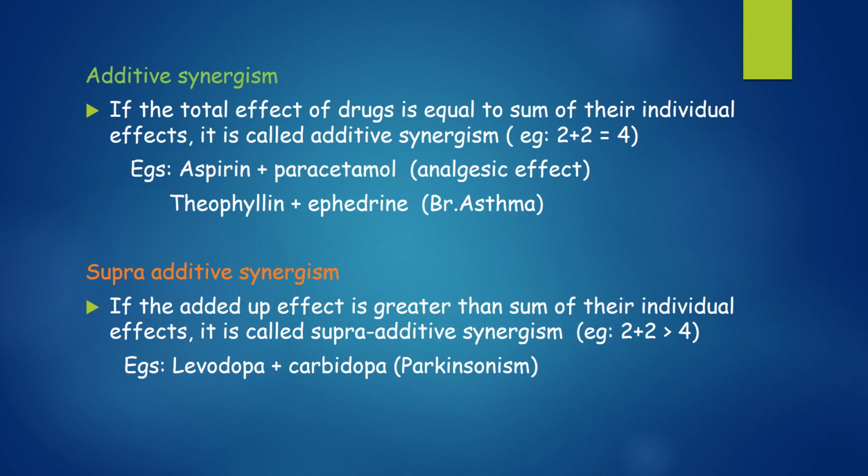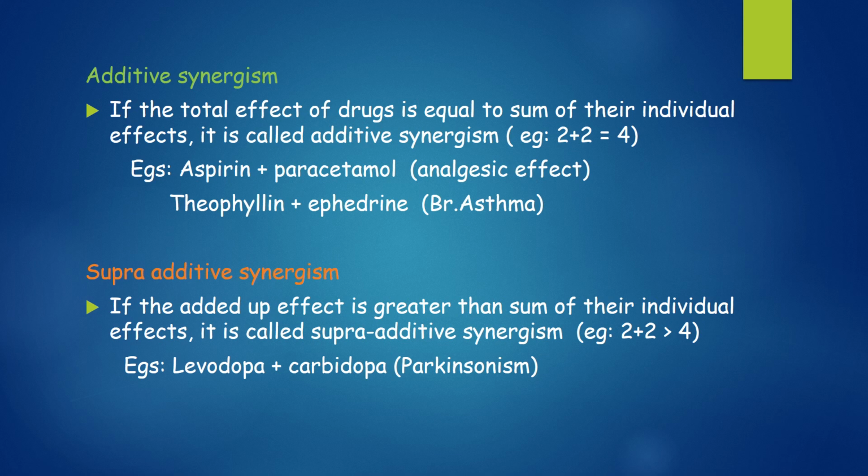The next one is supra-additive synergism. It is something different from additive synergism. Supra-additive is when the combined effect is greater than the sum of their individual effects. Drug A and drug B have individual effects, and when we combine them, the effect is more than the sum of their individual effects. That is known as supra-additive effect. So, the effect of one drug is 2 and the effect of the other drug is 2, and when we combine them, naturally we would expect 4, but here